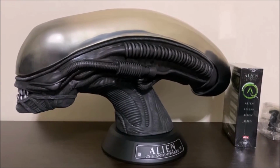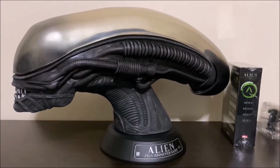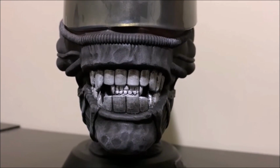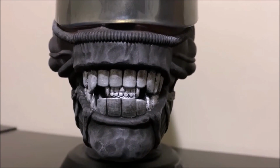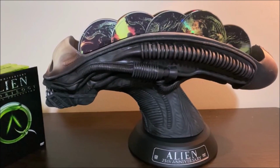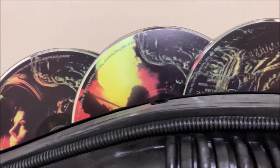The detail is incredible, the quality is high, and I was actually taken aback by just how heavy this thing really is. So this is high-grade stuff we're dealing with here. I have to say, I'm really impressed. And of course, you can open up the dome on the alien skull to reveal a compartment where the discs can be housed. They all fit in nicely and snugly,